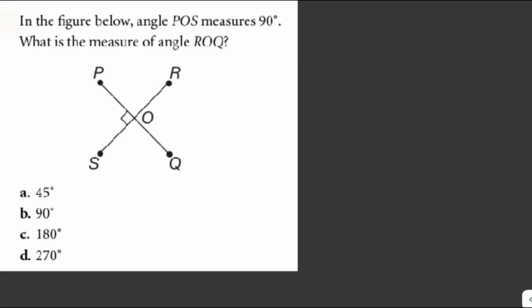In the figure below, angle POS measures 90 degrees. What is the measure of angle ROQ? So we're given here that the measure of angle POS is equal to 90 degrees, a right angle, and line segment PQ and line segment RS